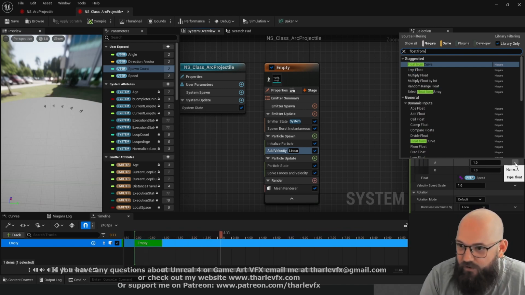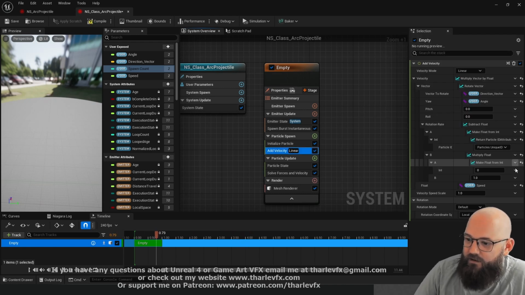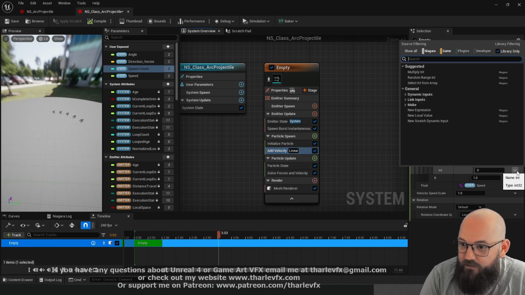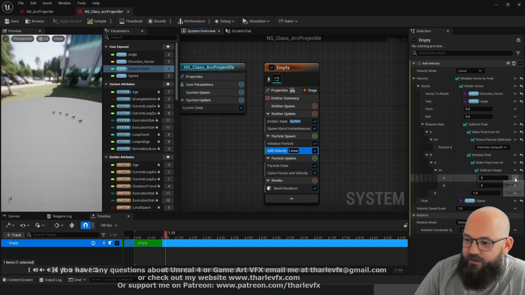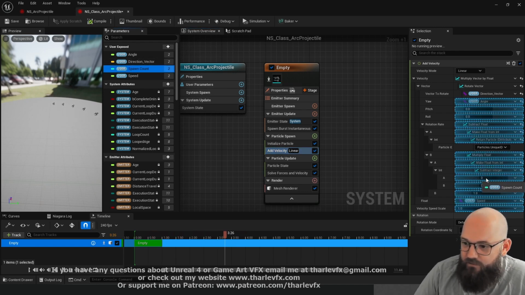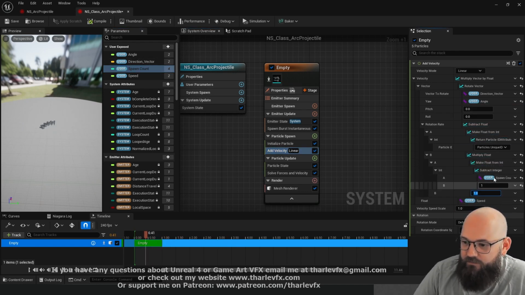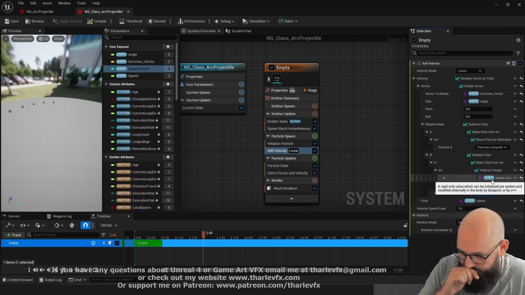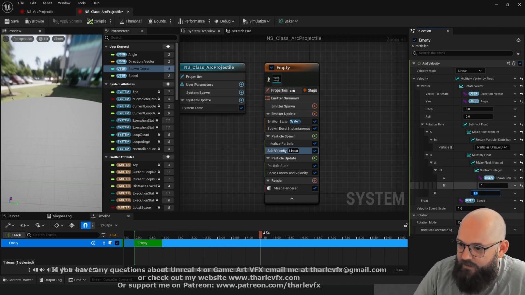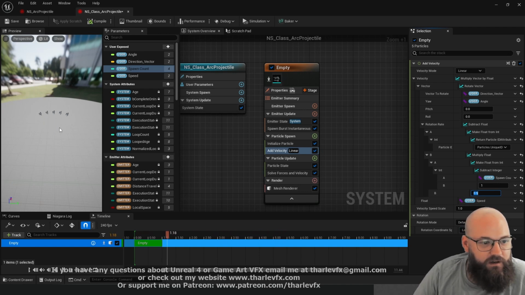So float from int, and then int subtract int. So it's going to be our spawn count minus 1 to get it to be the right numbers, and then multiplied by a half. And what you should see now is we get our 5 particles centered around the direction vector,